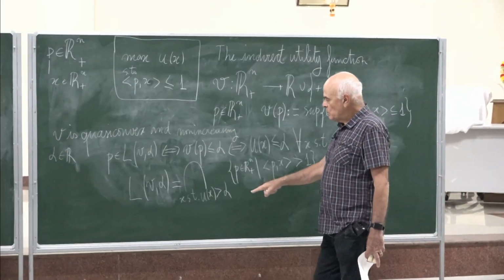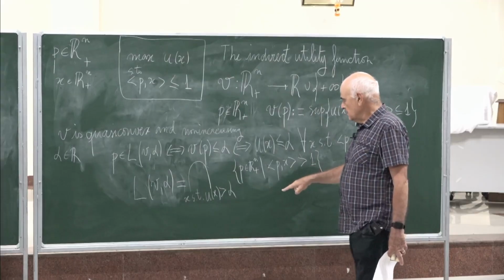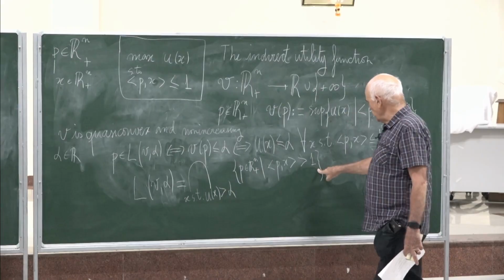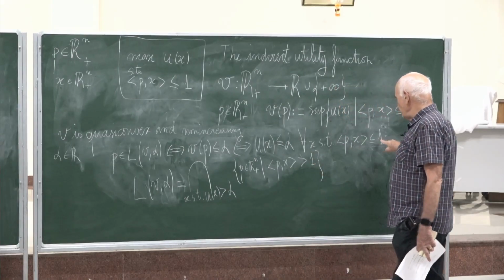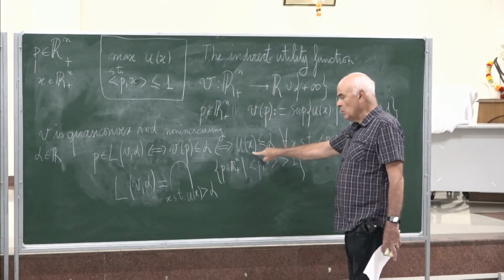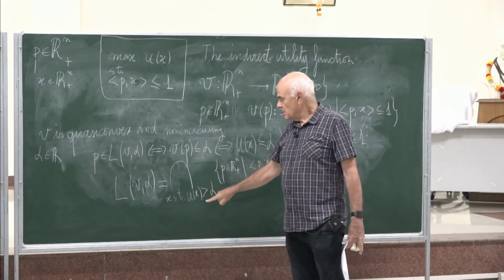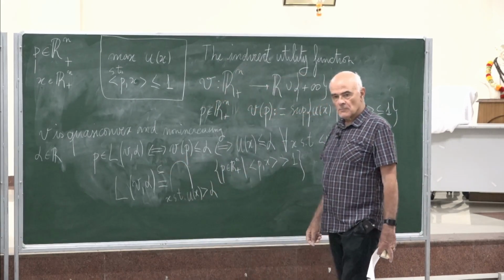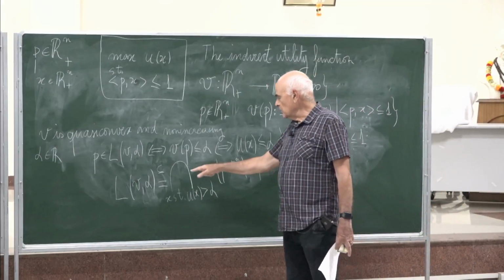I mean, suppose P is an element here. Then, for every x here, we have this inequality, because we cannot have Px less than or equal to 1, because this would imply that U of x is less than or equal to alpha, which is not the case. So this proves this inclusion. Okay? But if we have now P in the right-hand side,